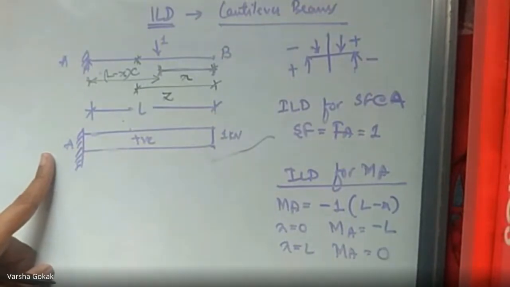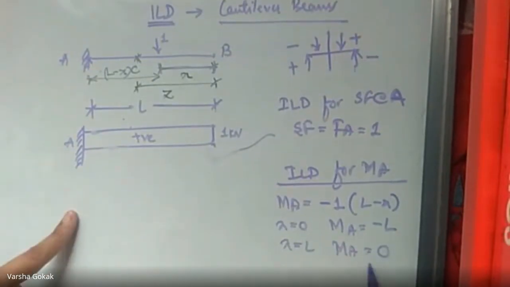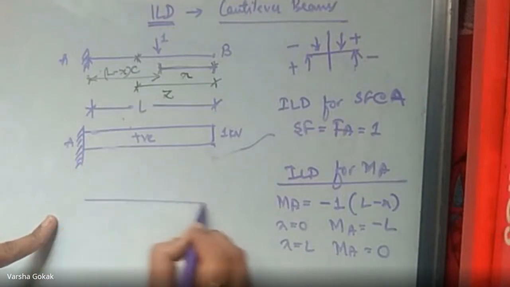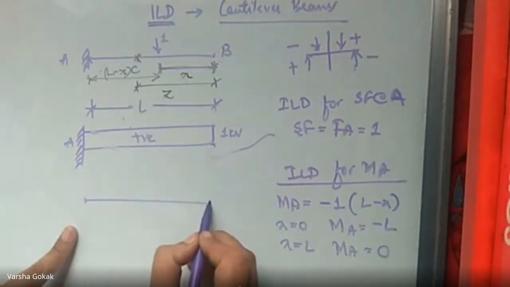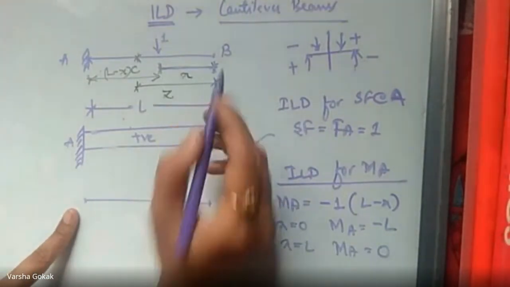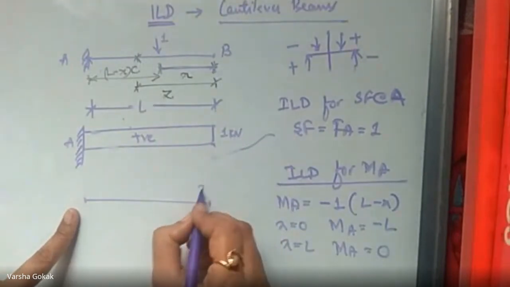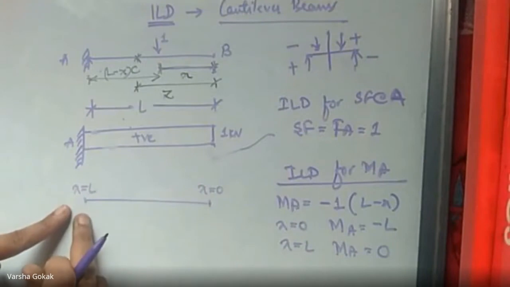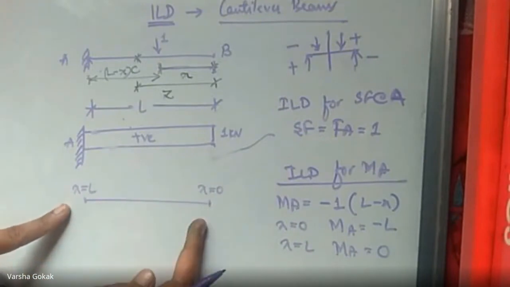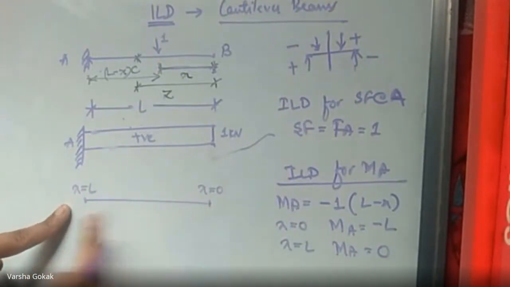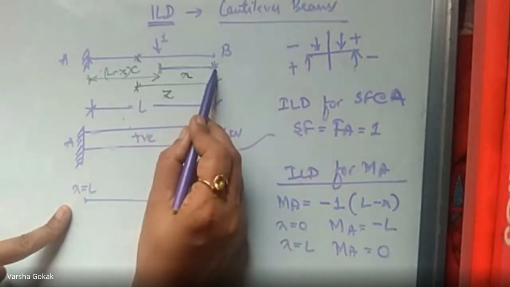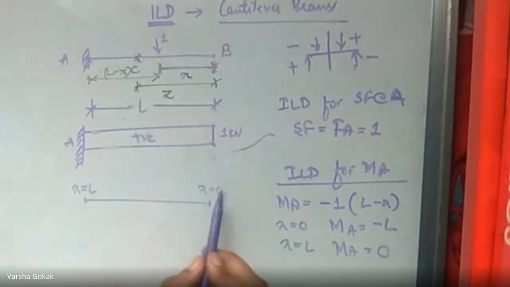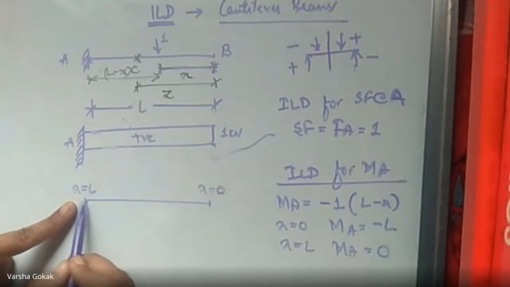It is 0. Correct? So when this is 0 now, how will I draw? Look, X has started here. So I'll have X equal to 0 at this junction and X equal to L at this junction now. First, you'll be clear with where to put X equal to 0 and X equal to L. Because X is here now, it is going like this. So X is 0 is here, X equal to L is here.